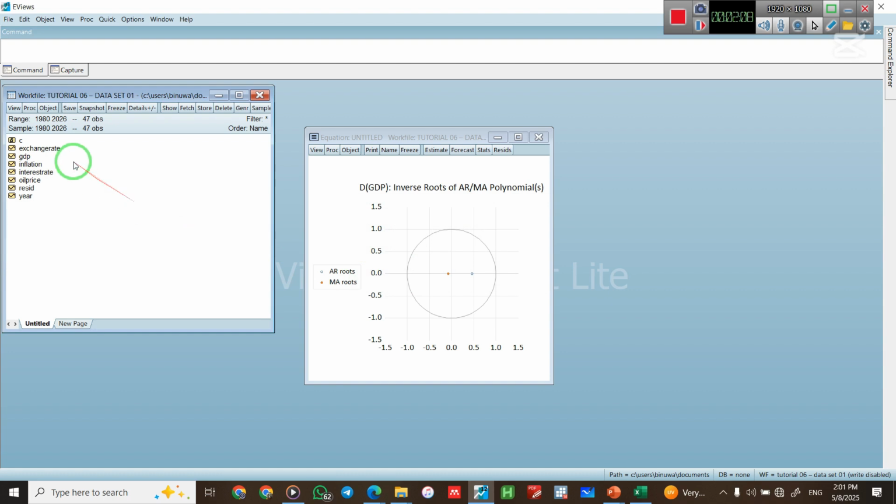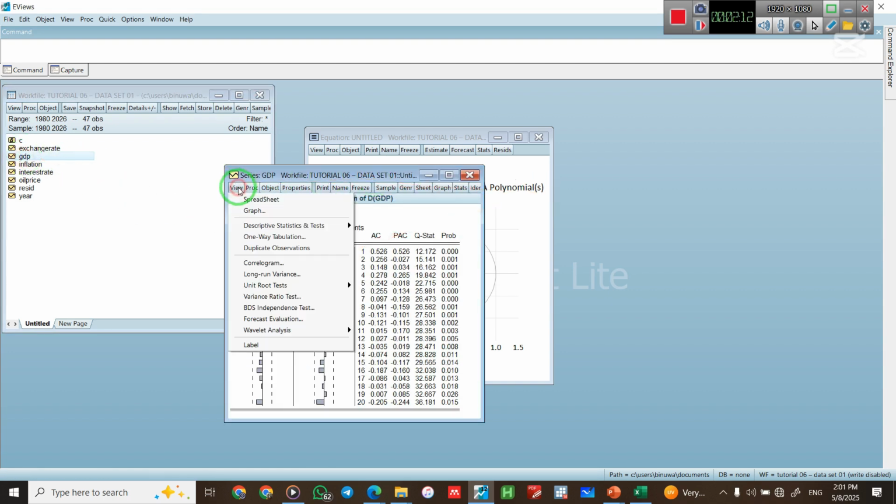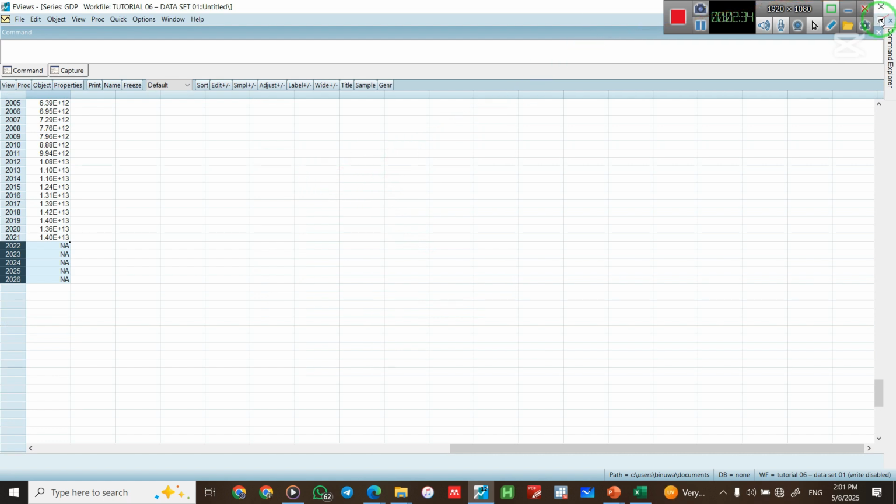So now if we go to the GDP, you go to view spreadsheet. In the spreadsheet now you can see that new years have been added, but the values for the data for these particular years have not been added yet, right? So you have to now forecast those values. To do that, what you have to do is,